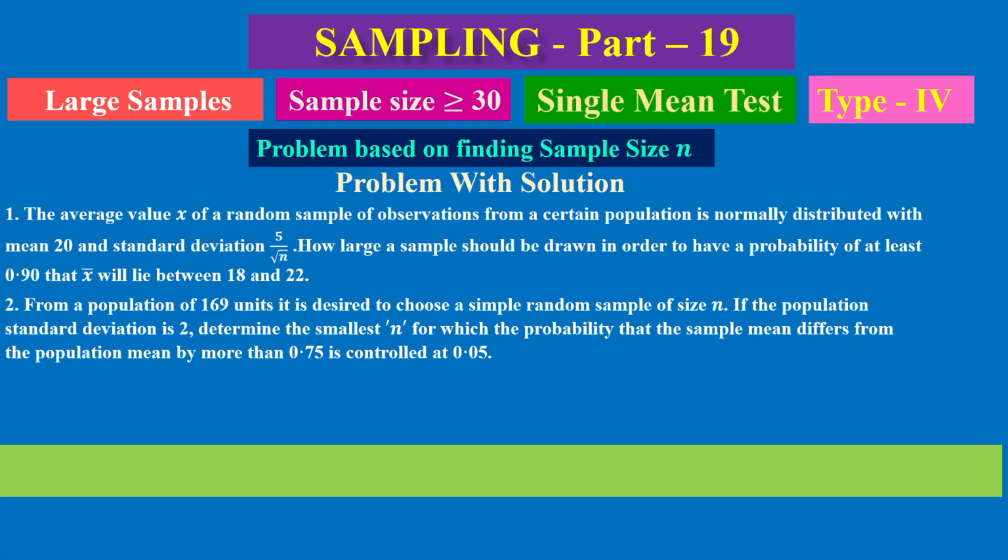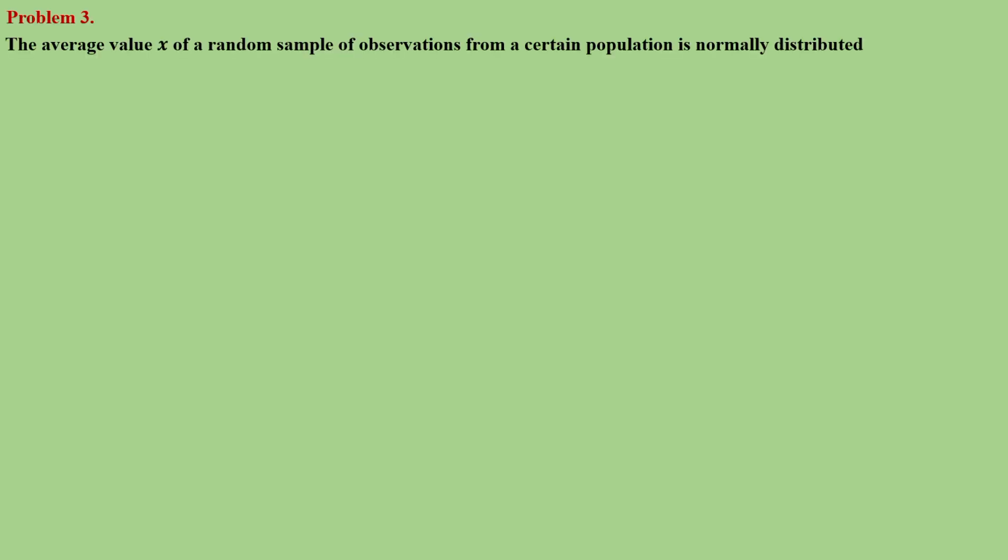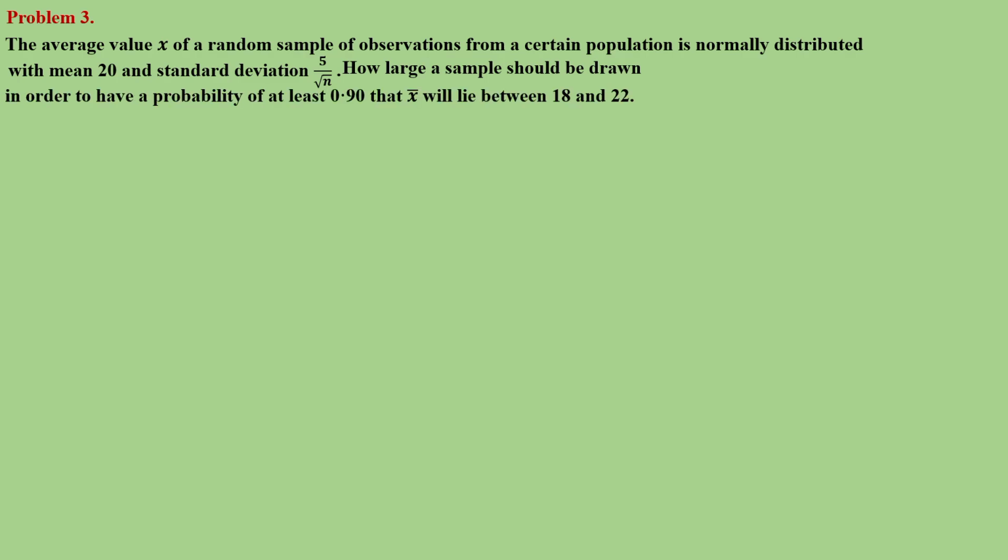Here we are seeing problems based on finding the sample size, small n. So first problem: the average value x bar of a random sample of observations from a certain population is normally distributed with mean 20 and standard deviation 5 by root n. How large should the sample drawn be